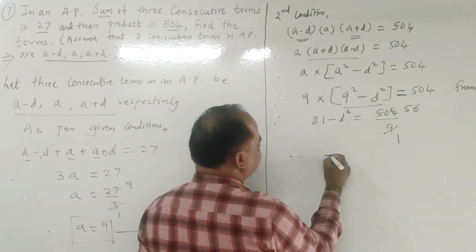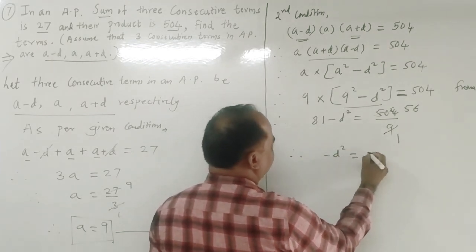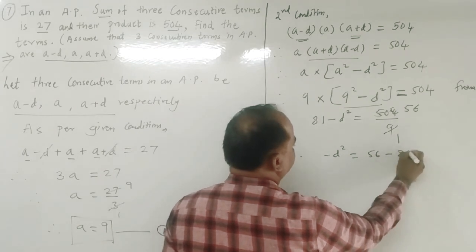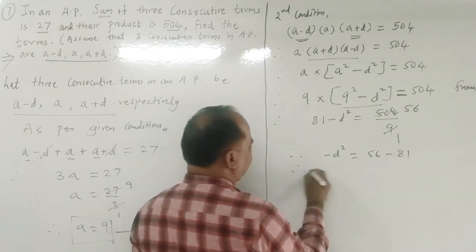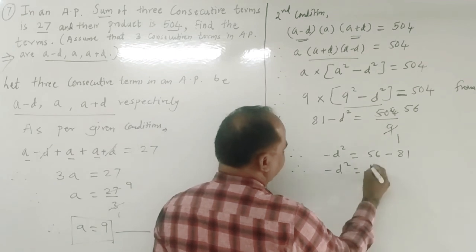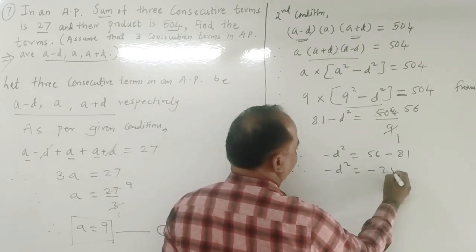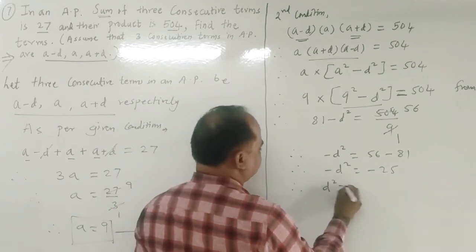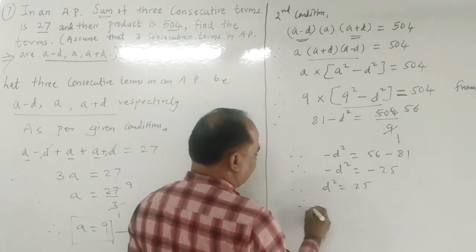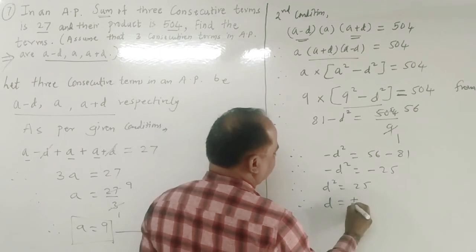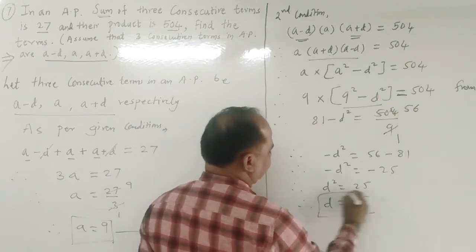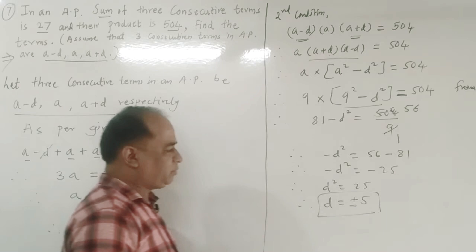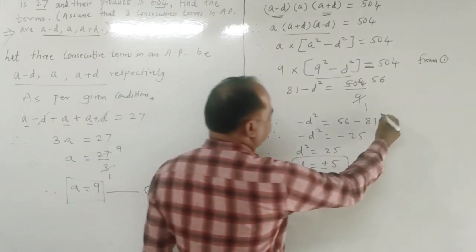Therefore minus d square is equal to 56 minus 81. Therefore minus d square is equal to minus 25. Therefore d square is equal to 25 and d is equal to plus minus 5. So d is equal to plus minus 5. Now the answer,